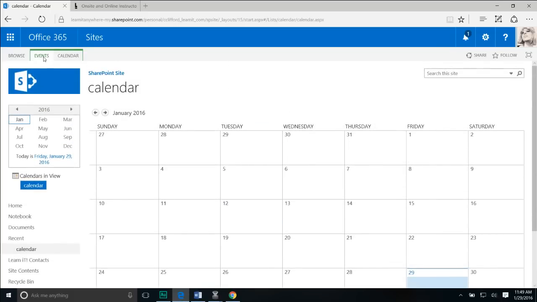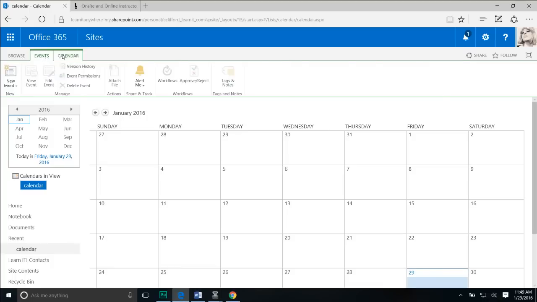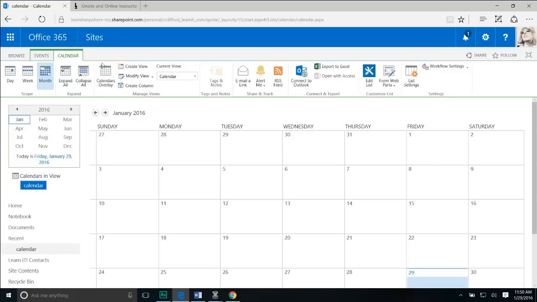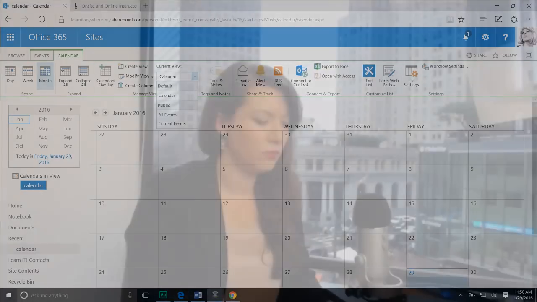And I can also go into many different views within the calendar. On the Calendar tab of the ribbon, I have multiple different views, such as all events or current events, or the default calendar view, which shows it in this gridded calendar format. So just like contacts, calendar lists are very similar. You add events, you can customize the views, you can customize what information is required, you can add columns and